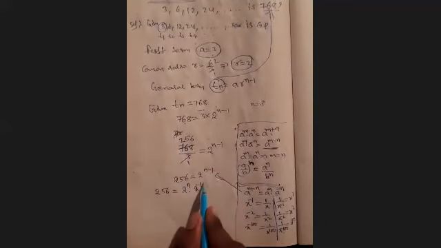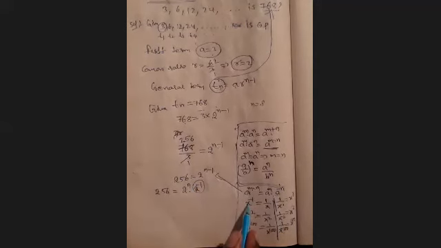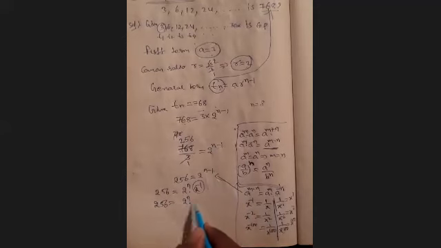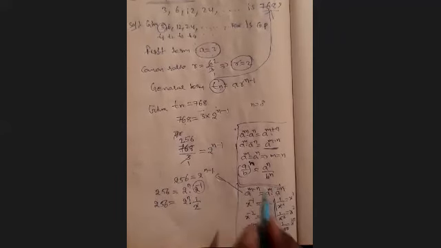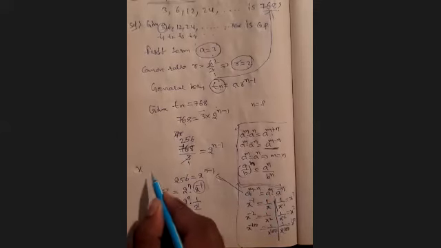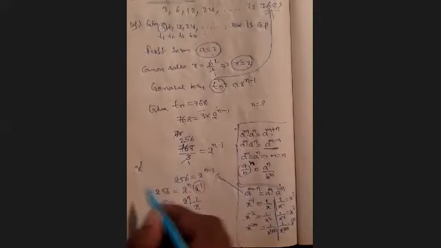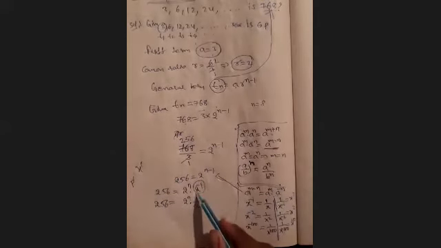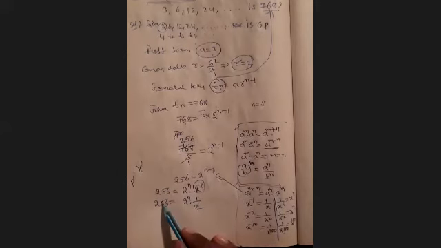Now this power is negative. If your power is negative, you can write the term in the denominator, then it will be positive. That is, 256 is equal to 2 power n into 1 by 2 power 1. Power 1 is always nothing. If you write any value x, how many x terms? 1. If you have p, how many p terms? 1. The power is always 1. That's why this 2 power minus 1 will be 1 by 2. Since this is in the denominator, if you take it this side, it will be the numerator.